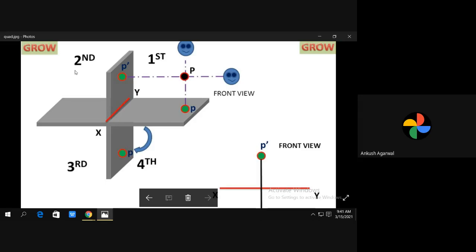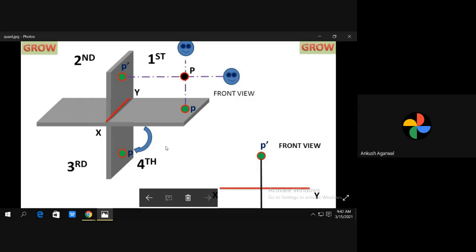And when we come to second quadrant, both the views overlap when this horizontal plane rotates. So we don't prefer second quadrant. In third angle projection, suppose where I am showing this cursor, point is here and observer is standing behind this point. So the front view is on this vertical plane which is below XY line and top view is on this plane, horizontal plane, which rotates clockwise and goes above the XY line. So in third angle projection, front view is below XY line and top view is above XY line.